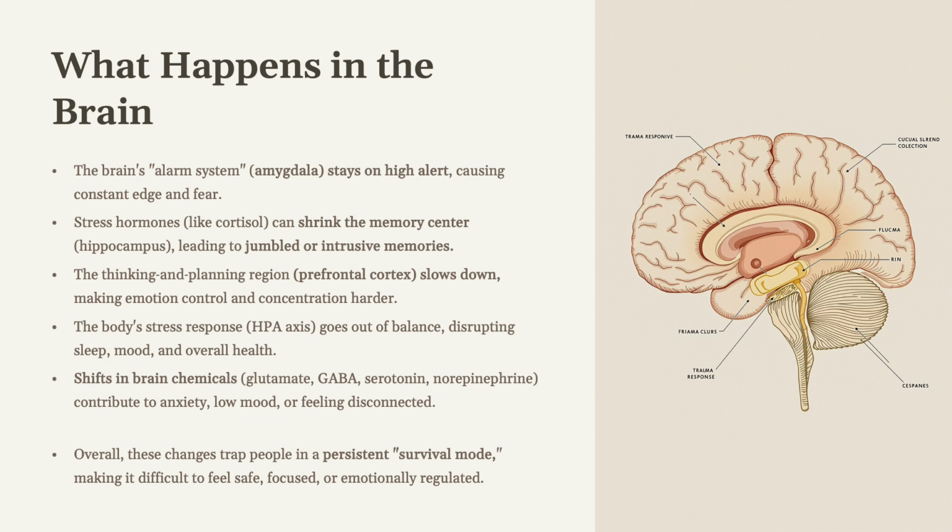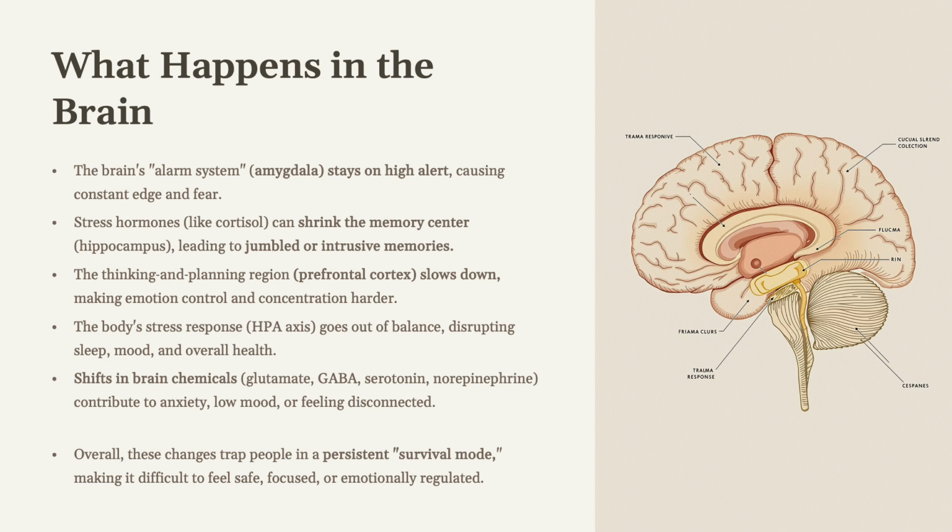The other thing is that your body's stress response goes out of balance. The HPA axis is responsible for different chemicals and different hormones. That's the hypothalamic pituitary adrenal axis, just known as HPA. That part of your body is your body's central response system. And so what happens there is it gets thrown out of whack, and you're just always on edge.